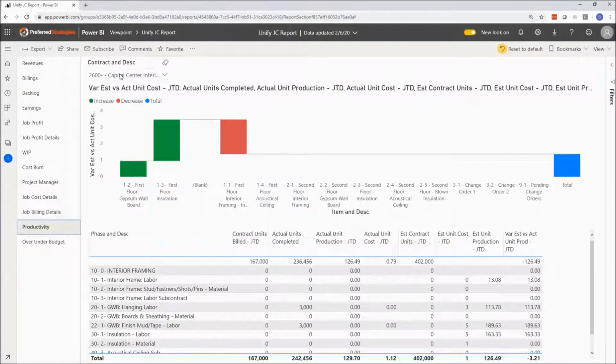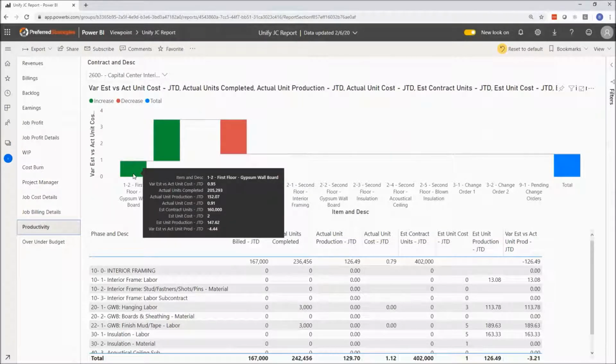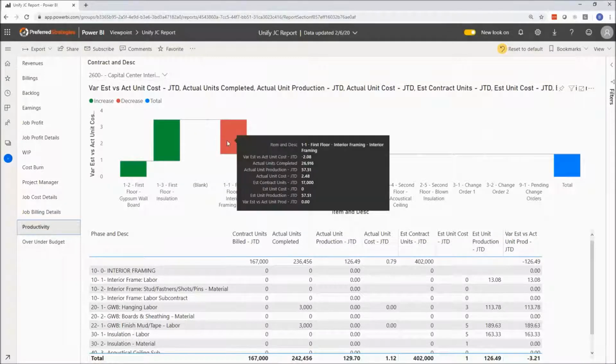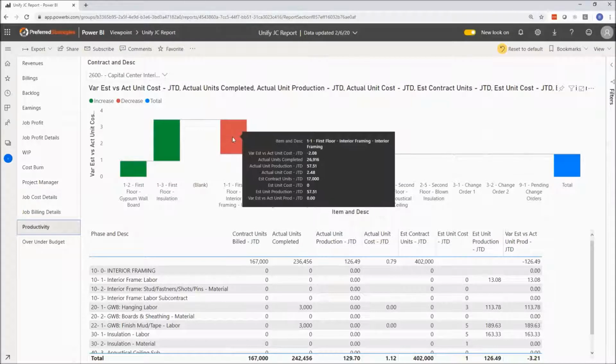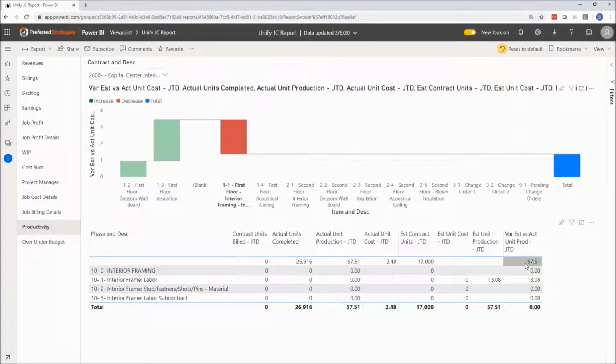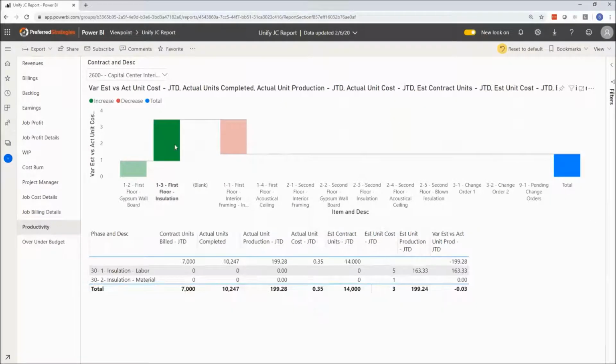So in this case, I've picked a specific job 2600, and I've got the item and description on those, and I'm analyzing this contract by contract item to see where am I making money and where am I losing money. And I could easily just pick a single contract item and understand the variance and why I'm not making money on that item. I could pick a different contract item. And again, the idea of hierarchies, I've picked contract item, but it could be job phases or groups of job phase. It's probably many of you have meanings on your job phase codes where there's maybe segments that have specific